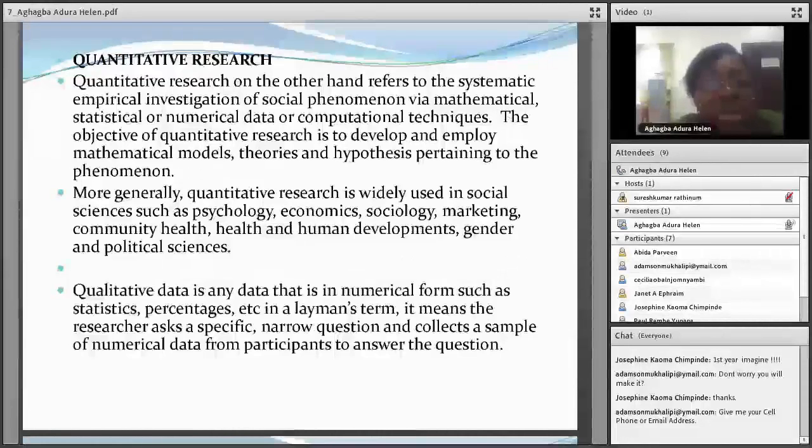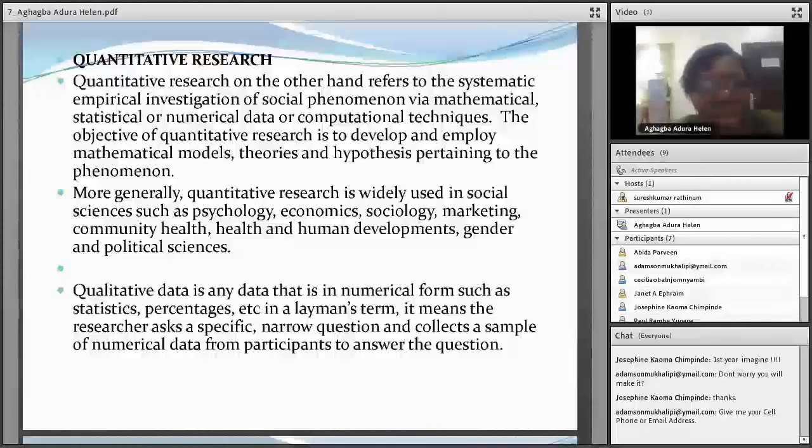Quantitative research, on the other hand, refers to the systematic empirical investigation of social phenomena via mathematical, statistical, or numerical data, or computational techniques. The objective of quantitative research is to develop and employ mathematical theories and hypotheses pertaining to the phenomenon. More generally, quantitative research is widely used in social science such as psychology,